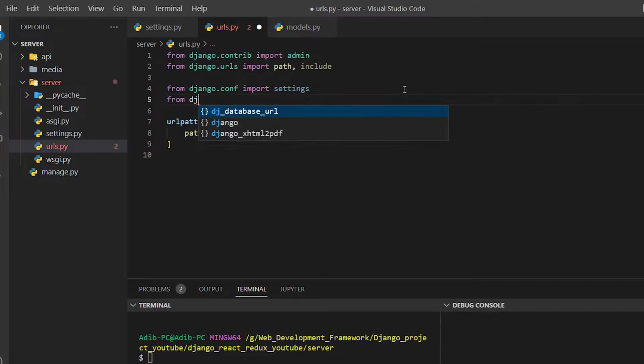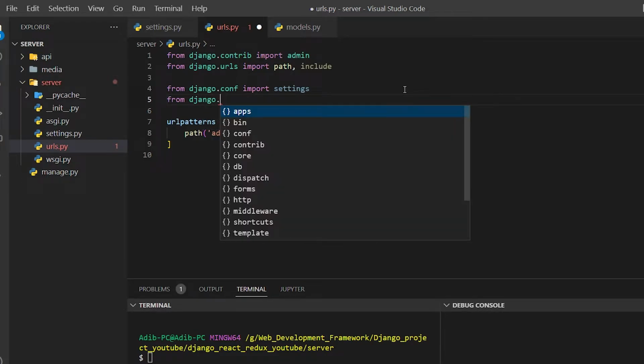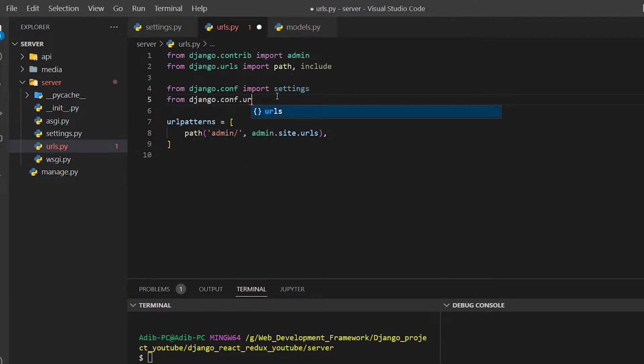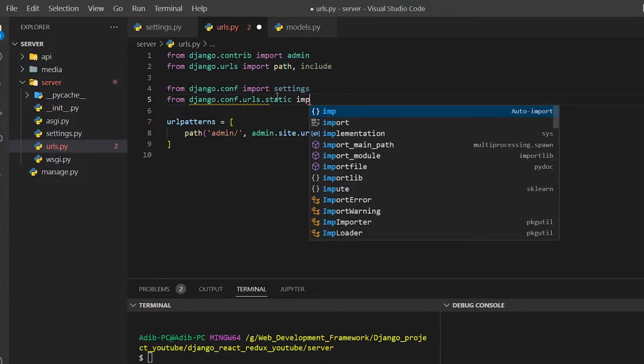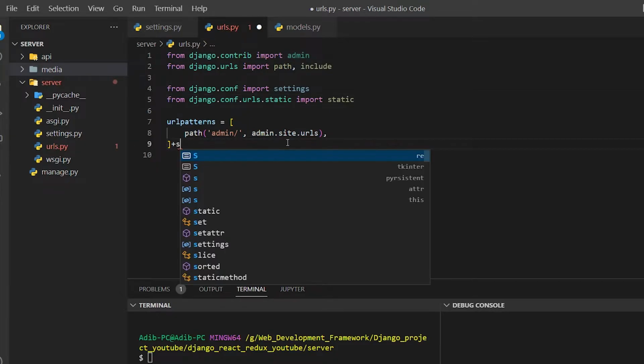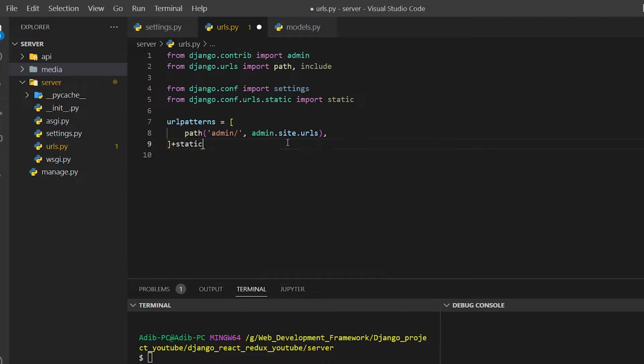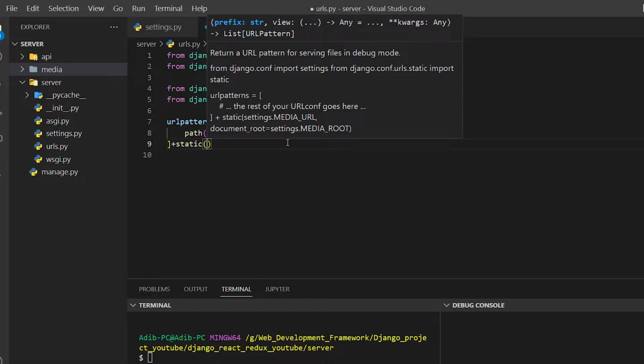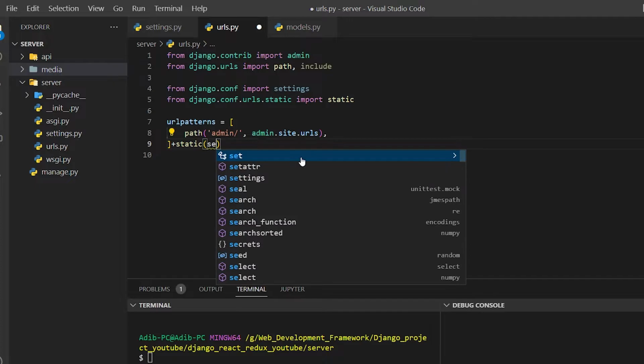And from django.conf.urls.static import static. So whatever we upload into the database would be stored in the media, and these are called static content. And we need to add this thing from the URL pattern. You need to add static, and in the static you need to give some information like settings